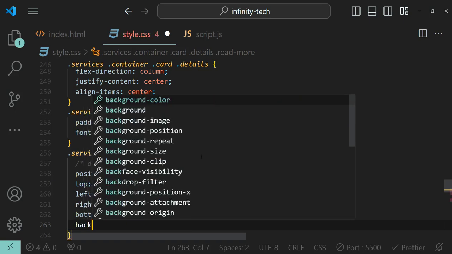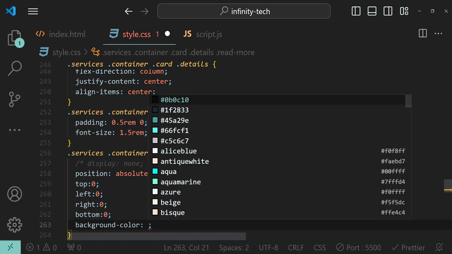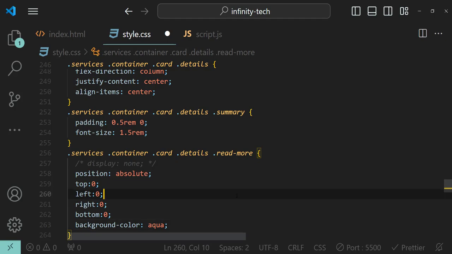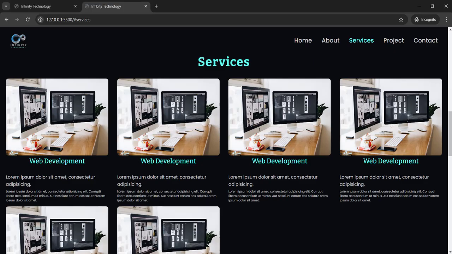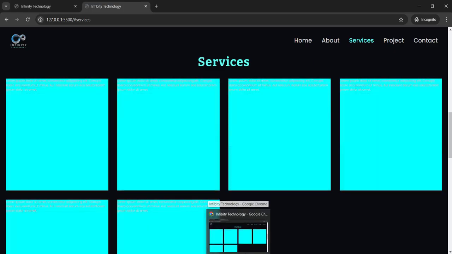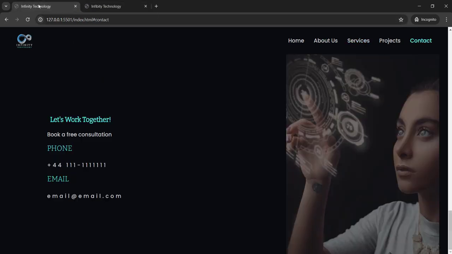So now just to see the effect, let's give it background color. Let's give it some light color. Let's give it aqua. Okay, fine. Okay, so this is how it looks. Now see the color that